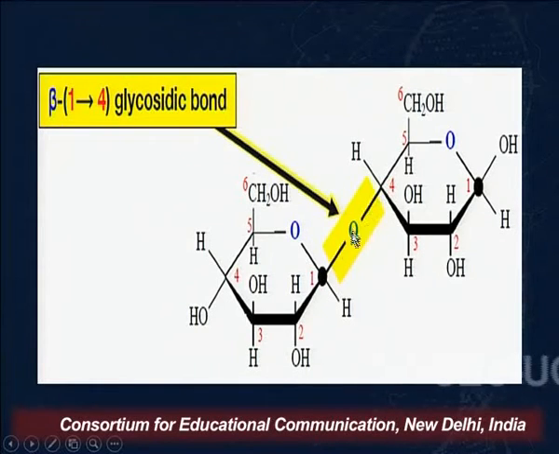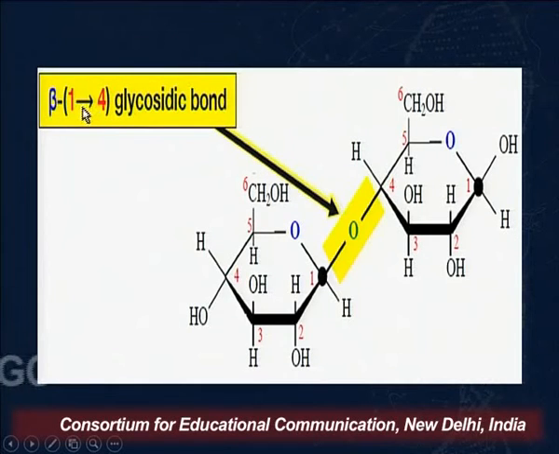If this is pointing upwards, that means the linkage is beta, and since the bond is being formed between the first carbon, that is the anomeric carbon of the first molecule, which is your galactose residue, with the 4th carbon, the hydroxyl group on the 4th carbon of glucose, we name it as 1,4,